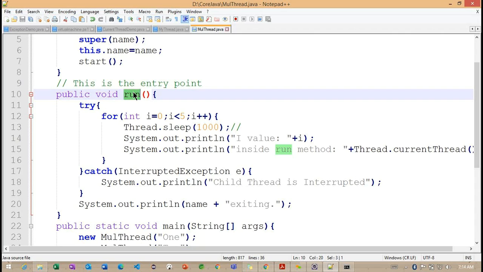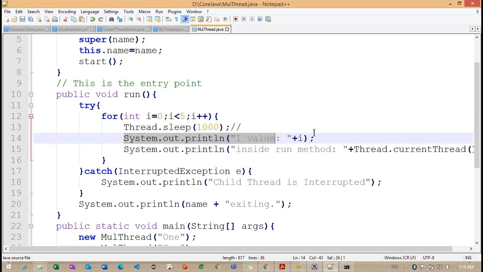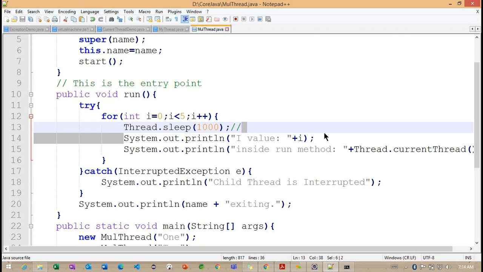Whenever we call different threads, we get the I value as 0. If the same thread were calling three times, this I value would change, because it needs to print 0, 1, 2.